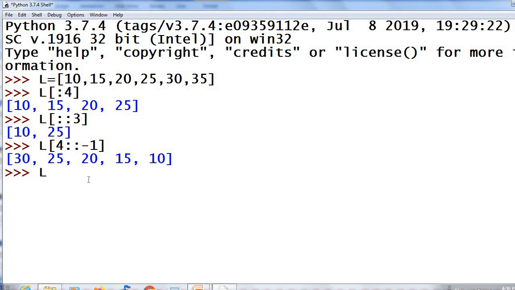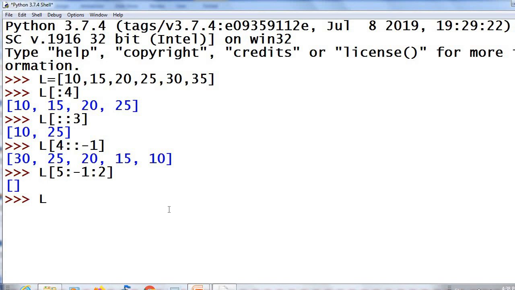L 5 colon minus 1 colon 2. It is an empty list. See, the starting index is 5, that is at 35. Then up to minus 1. Where is minus 1? That is also at the same position. Then can it skip by 2? No. So the result is an empty list.